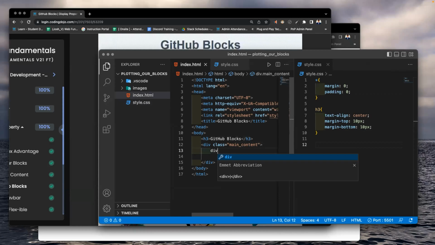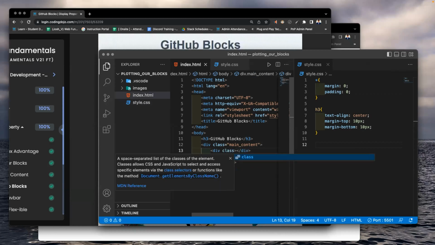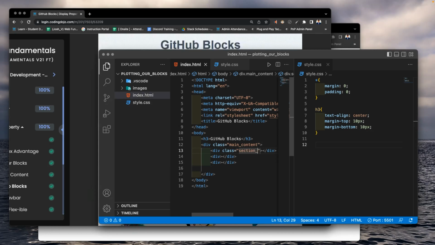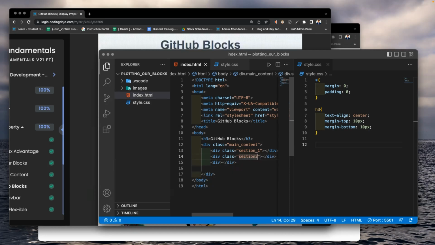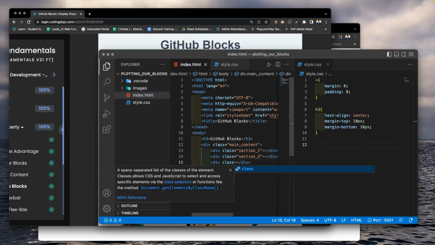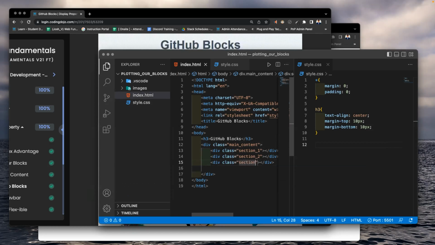So div times 3, class section 1, section 2, section 3. Okay. All right. So now I want to touch section 1